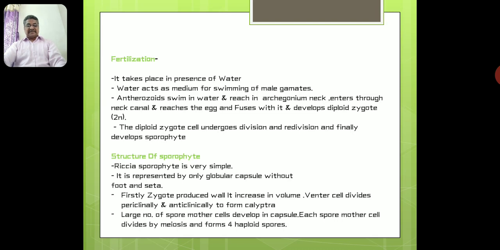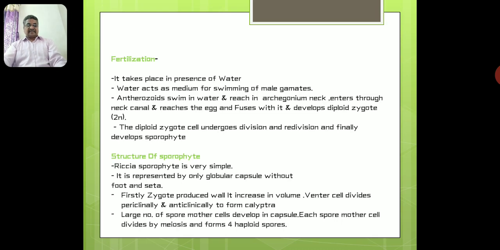now it divides and redivides and finally it develops the sporophyte. Here from this diploid zygote, a new generation in the life of the plant starts. That is what we call the sporophytic generation. The zygote will divide, redivide, and develop the sporophyte. The sporophyte finally will lead to produce the spores, by the reduction division, and again the gametophytic generation will start. The mature structure of sporophyte